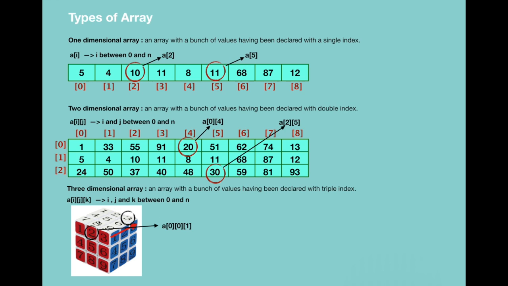Then we need to identify the row index. It's located on the top, which means that the row index is 0. Then finally we need to identify the index of the column. The columns start from here 0, 1, 2, which means that it will be 2. So to access this element, we will need to write something like this. Here 2 is the index of depth, 0 is the index of row, and the last 2 is the index